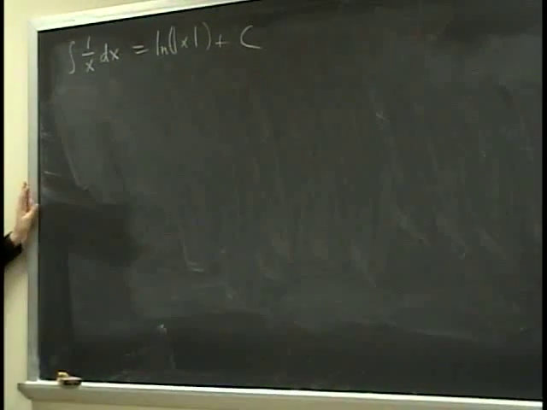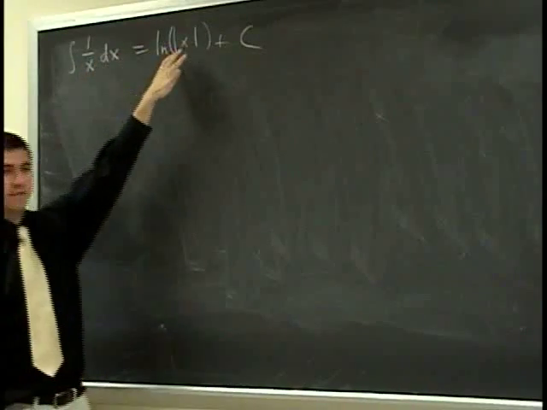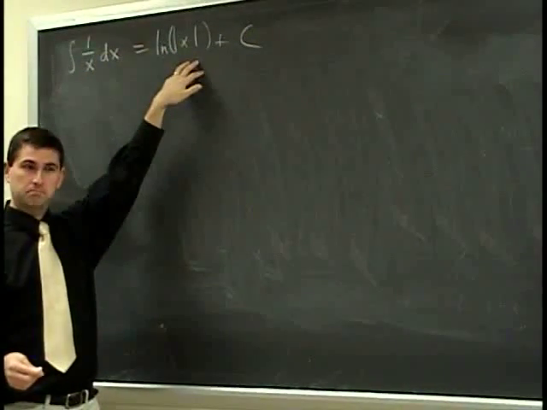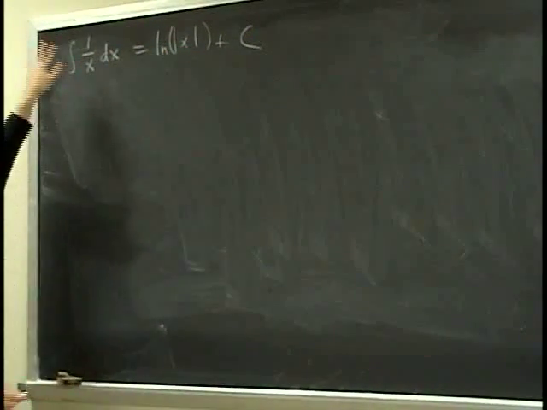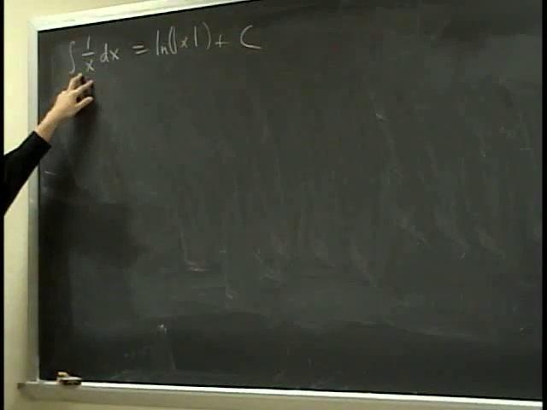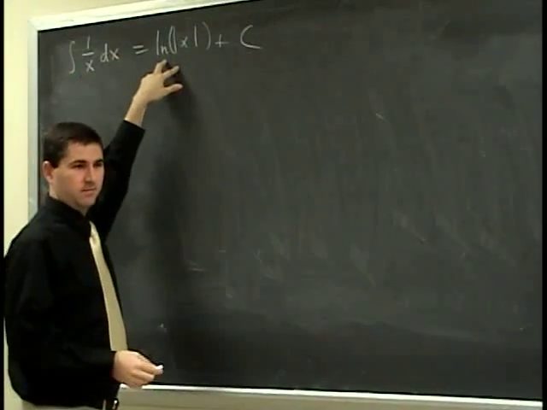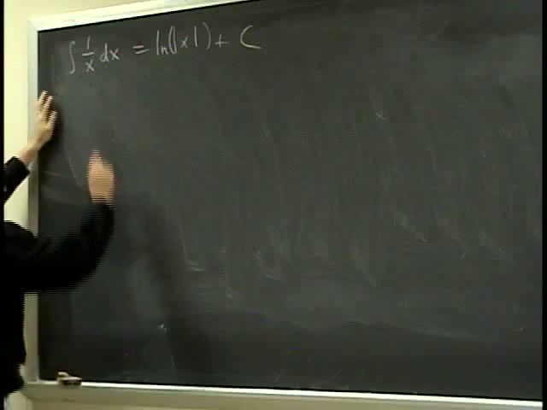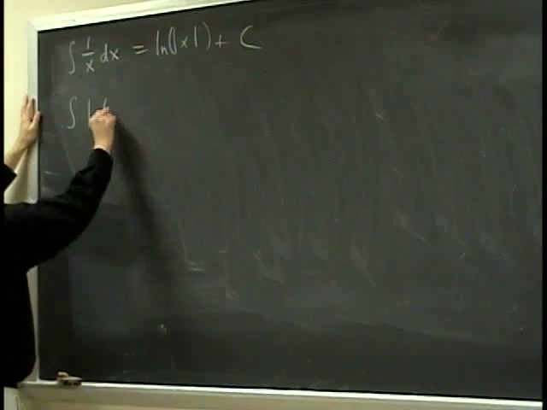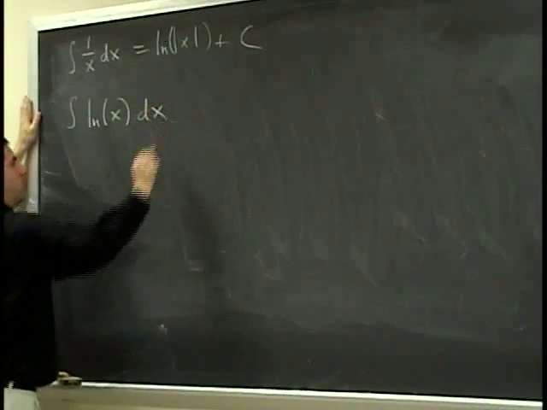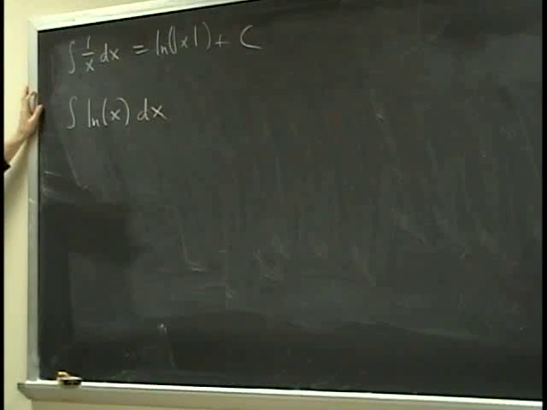So you integrate 1 over x and you get ln of x. Differentiate ln of x, you get 1 over x. What if you integrate ln of x? Ooh. Where does that fit into this sorted game? When you think of a function whose derivative we figured out was ln of x,